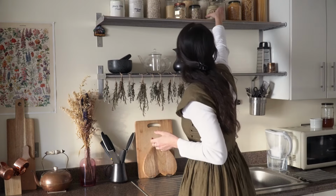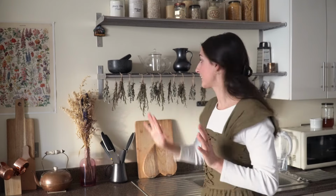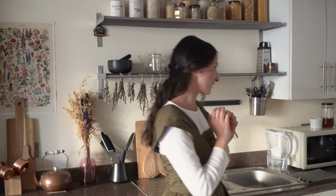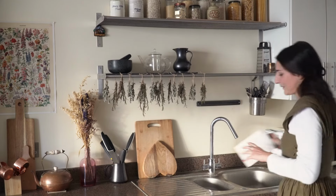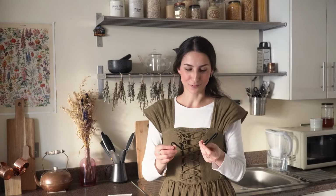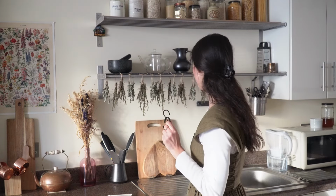So yeah, that is the top shelf, and now on this lower shelf I had another idea of something I wanted to do, and for that I have picked up some little hooks on Amazon. I will link these below for you if you are interested, and I thought they were really beautiful. They're so simple but so beautiful, and they're just these metal hooks, and so I had an idea to hang them here